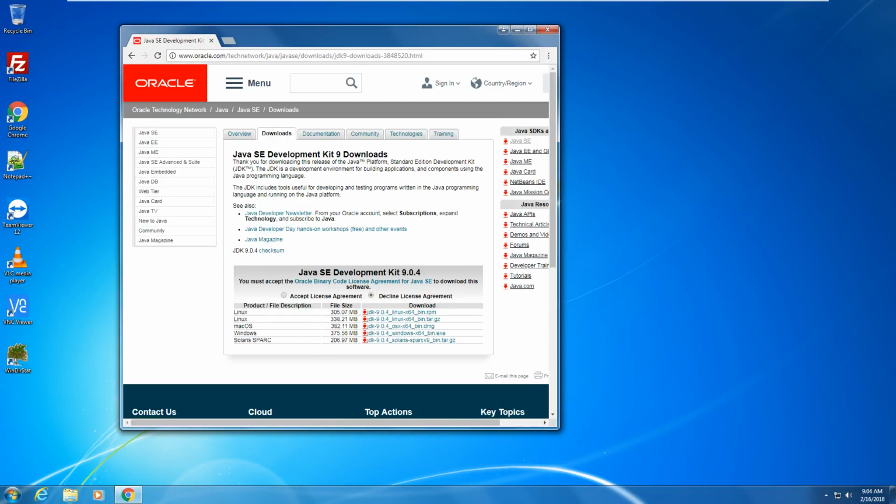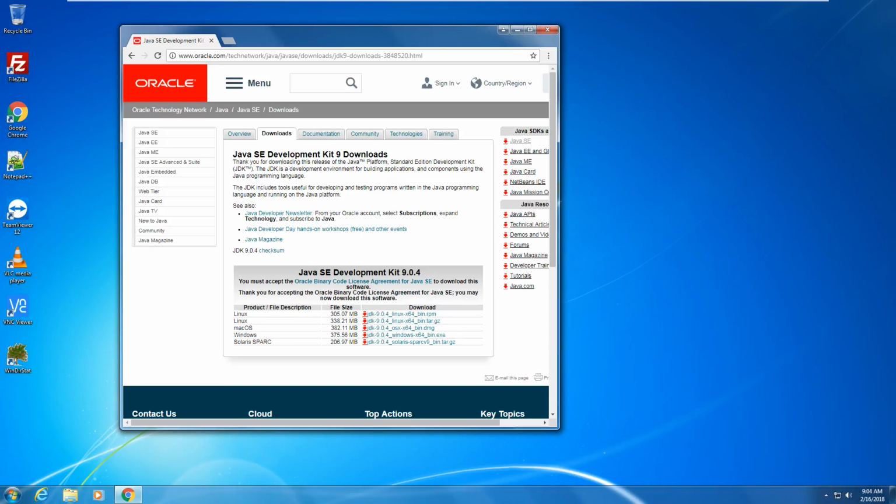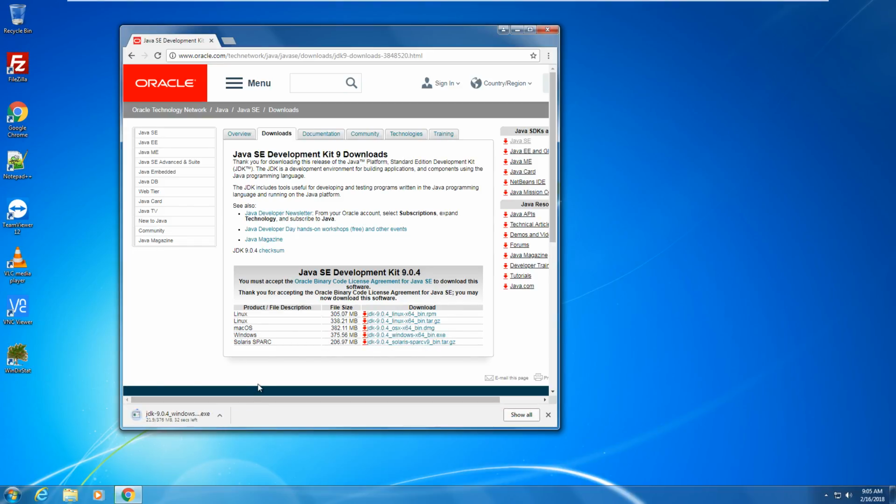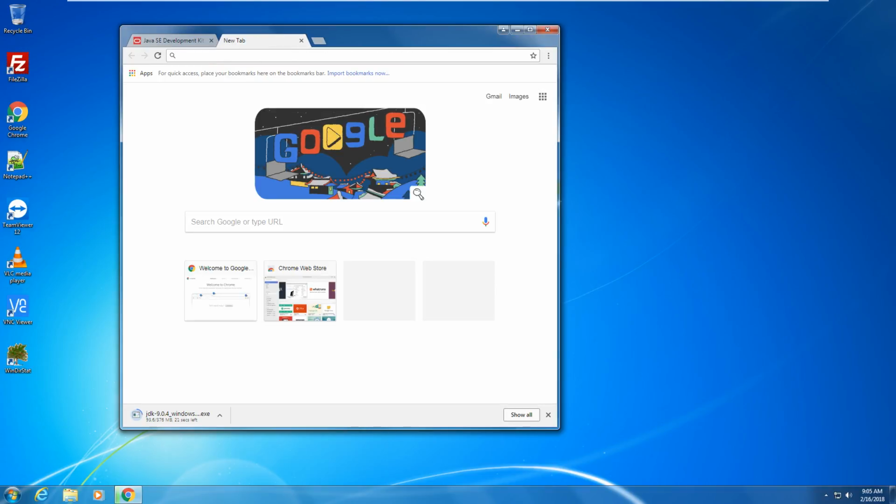It's going to give us a variety of things. Which ones do we want to download? Most of you that are running Mac OS, meaning you have an Apple, it should already be installed, but you might need to install it again. We're going to get the Windows x64 one. It'll take only a few seconds to download. While that is downloading, I'm going to go to